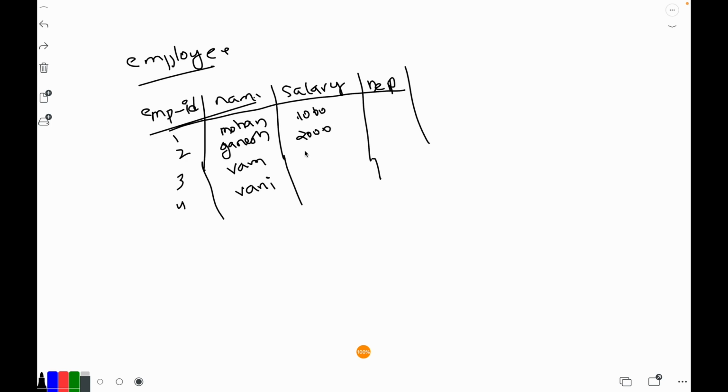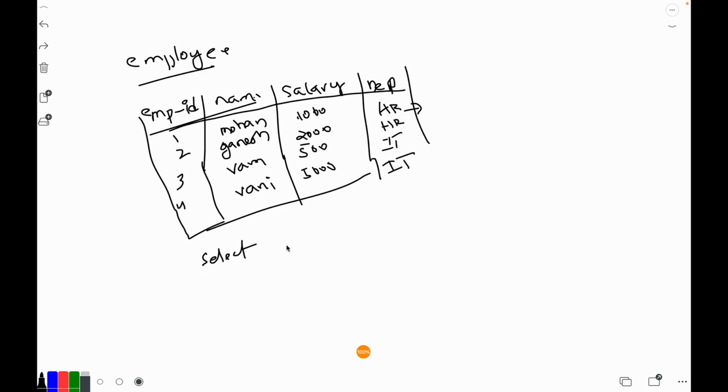Now we will write a query, for example: select star from employee, and we'll put a condition where department equal to HR. Let's assume this is the query we are executing. In what sequence, in what order this query will be executed, that is what we need to understand. Okay,